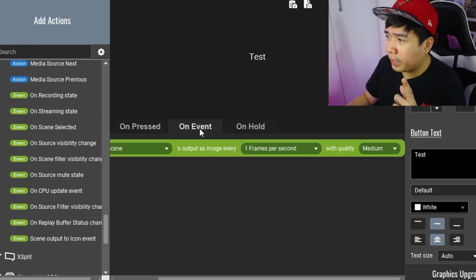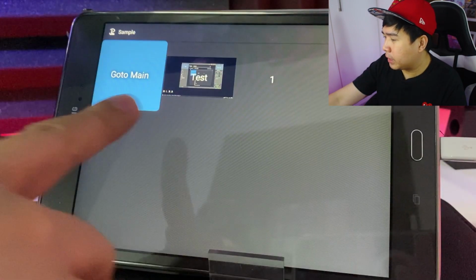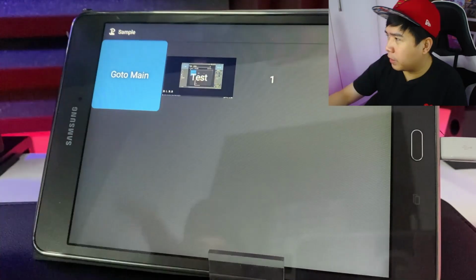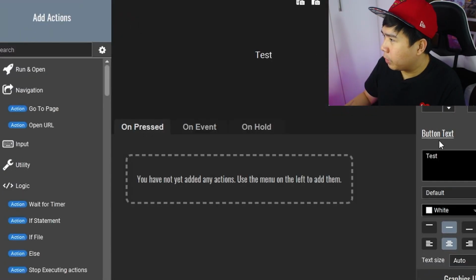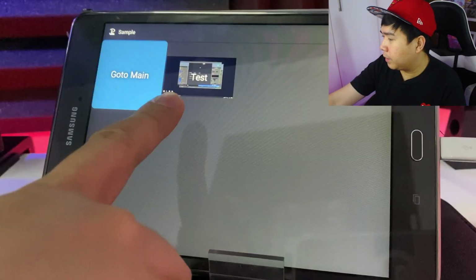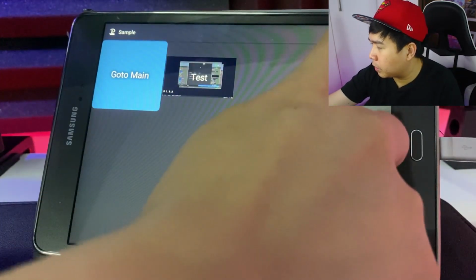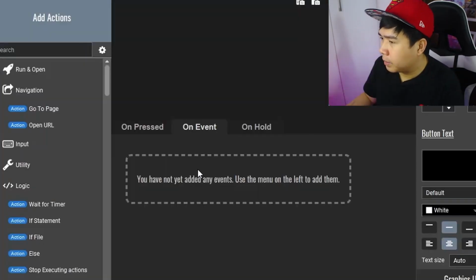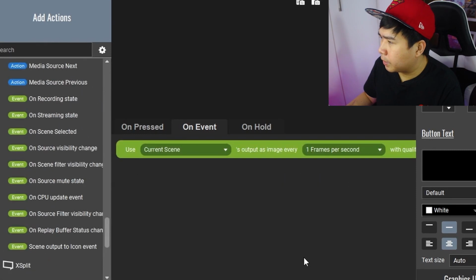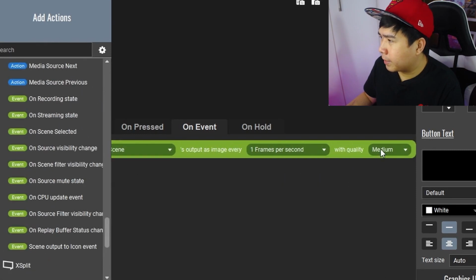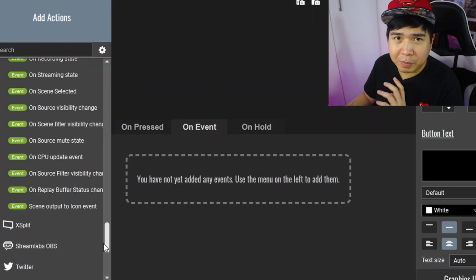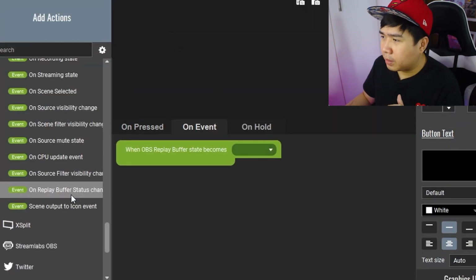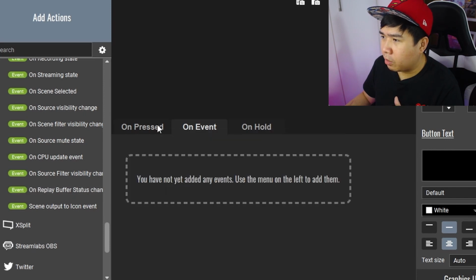So if I click OK for this one, I'll save this. You'll see that this one would change, right? If we delete these buttons and make it bigger, we'll remove the button because it supersedes everything else. You'll see the name convention will change. If I refresh this one down, put that event back, current scene, 1 frame per second and medium, you'll see this come through. The thing that I forgot to mention a while ago is that the on event button doesn't work